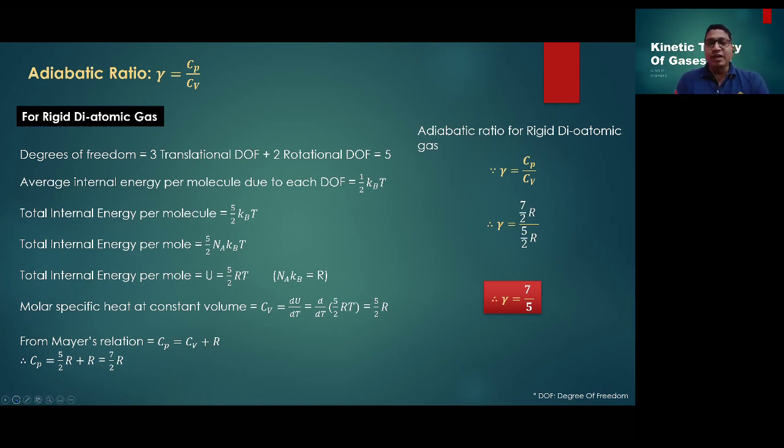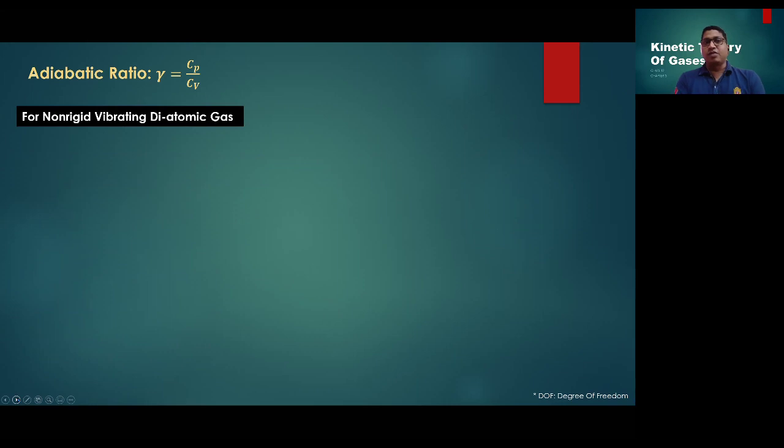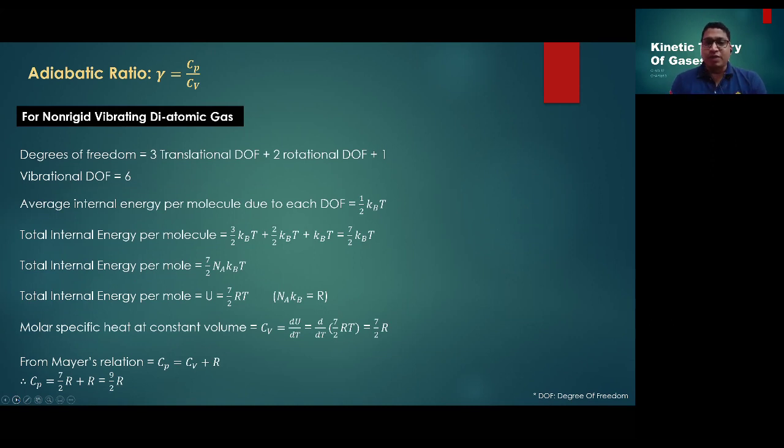Okay. So the moment we take the non-rigid, what changes will occur? One more term will come, and that will be your vibrational degrees of freedom. So next is for non-rigid vibrating diatomic gas. Here most of the terms are the same, only a little bit of change we have to make, and that change is nothing but we have to bring in the vibrational degrees of freedom. So for degrees of freedom, we have 3 translational, 2 rotational, and with that now we have 1